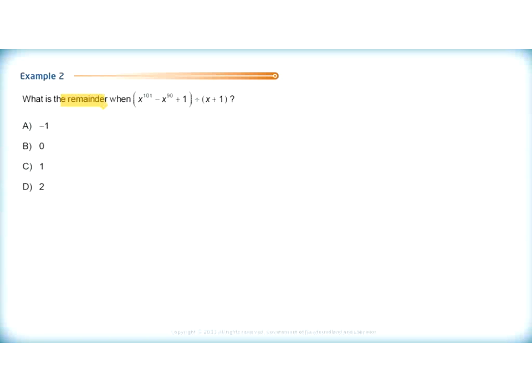So in this case, in order to determine the remainder, remember that when you have a polynomial p of x, that p of a is equal to the remainder. x plus 1 is the same as x minus a negative 1. So in the form of x minus a, that tells us that a is equal to a negative 1 in this case. So if your polynomial p of x is of the form x to the power of 101 minus